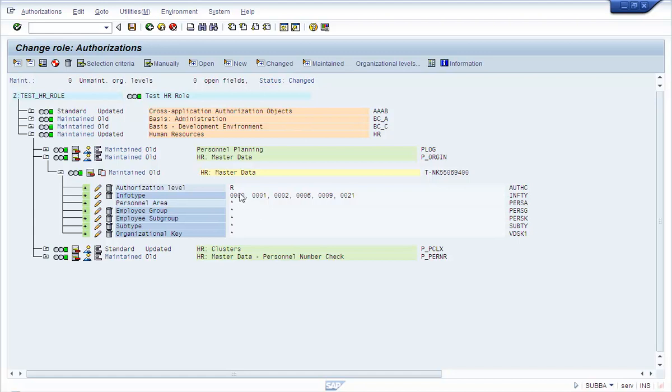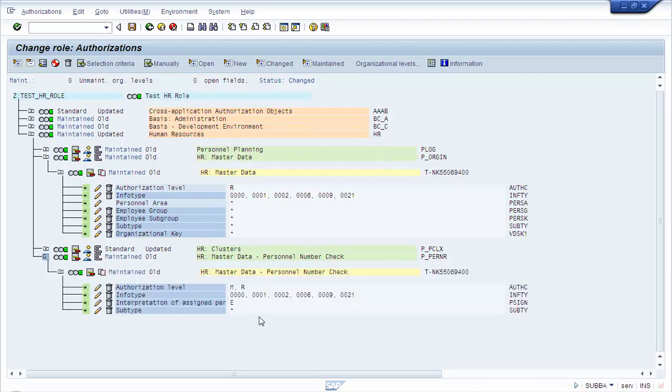Because we want to give access to everybody else other than his or her own information, you need access to P_ORIGIN. Now, you don't want the user to access his own information. So in that case, the PSIGN value you specify will be E. So let us generate the role now.